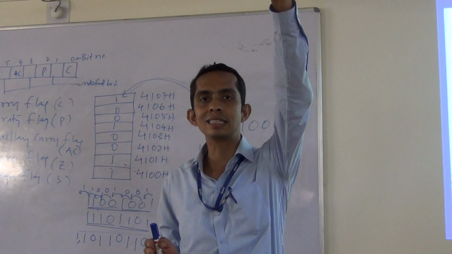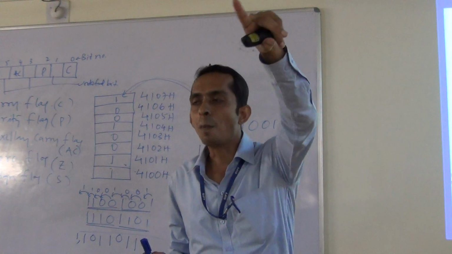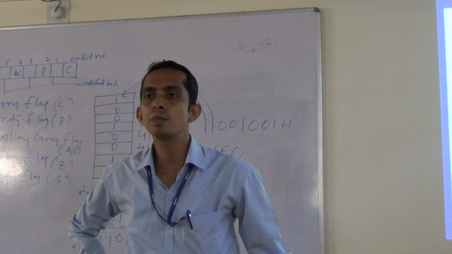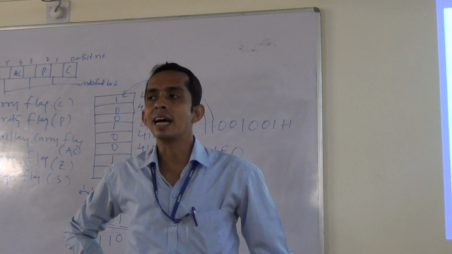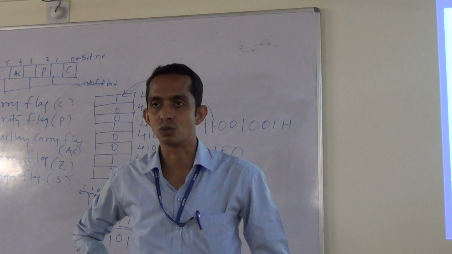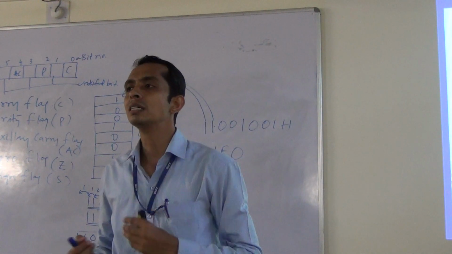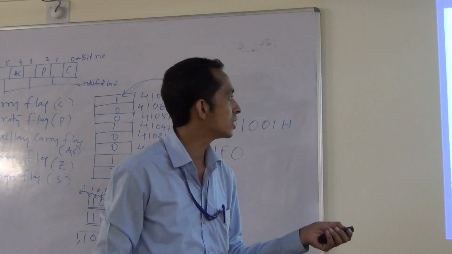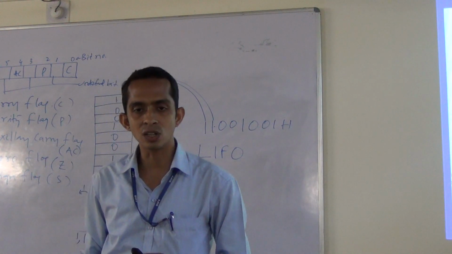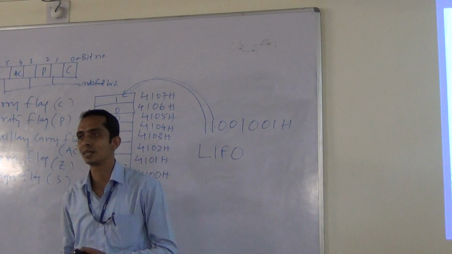When the address reaches the memory location, memory can identify from that location the operational code or the machine code which is available, and has to send it toward the microprocessor. So the address bus is useful for sending the address from the processor side to the memory for the purpose of accessing the instructions. Then what is the data bus? During the return journey, the data bus will carry the output from the memory, which is to be stored in the instruction register for the purpose of decoding. So the address bus is used to carry the address content from the microprocessor to memory. The data bus is used to carry the data for the purpose of execution.